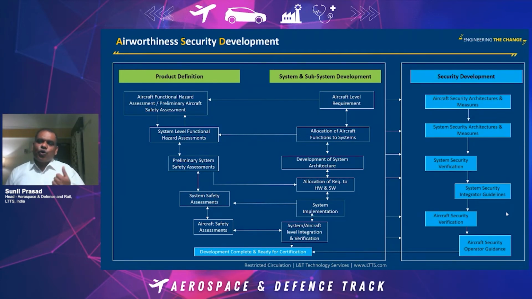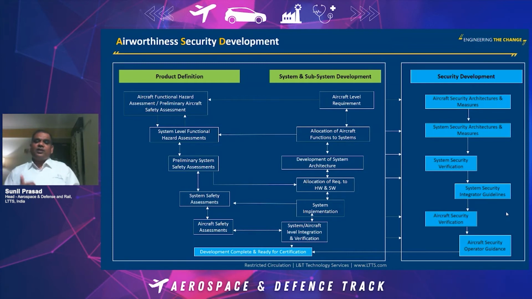Third part, how you assure the system security: your security requirements are there as part of the hardware security requirements. They are there as part of the software security requirements, right? So as part of your standard development process, you test them. You test them for the normal functional intended behavior, and you also do the robustness testing. So that is regular, like you will do it for any requirements.